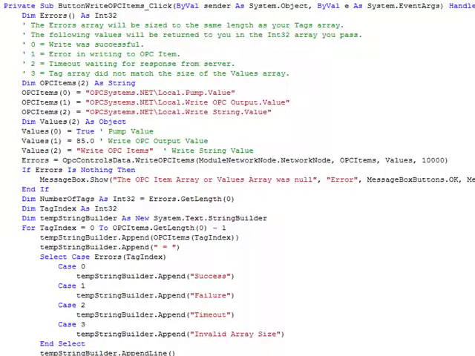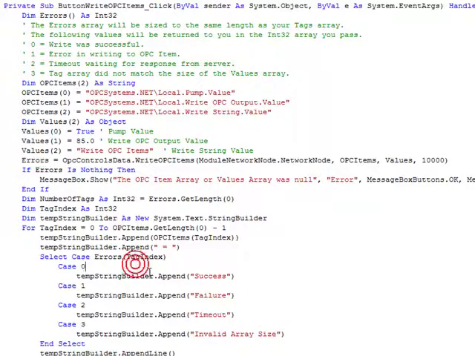Let's take a look at one more method to write to OPC items directly, and that's with the method called write OPC items. This is like the read OPC items in that it's a blocking call, and it is actually a device write to the OPC server. In the service, it's going to wait for the callback confirmation that the values have been successfully written to the OPC server. And the errors array is returned to you in this function, and that's an integer array with the